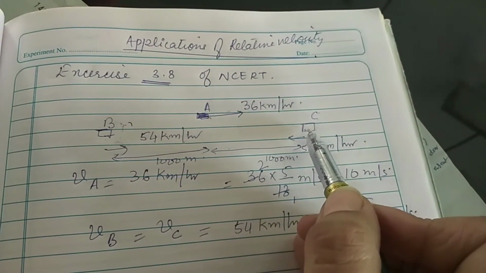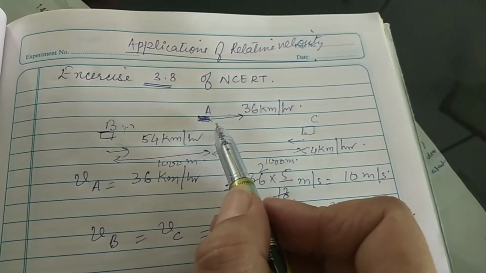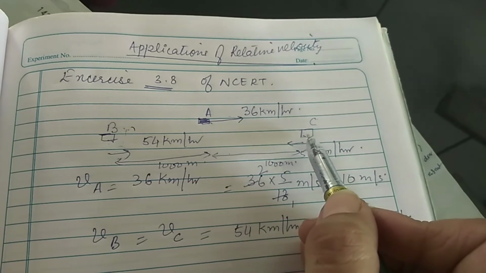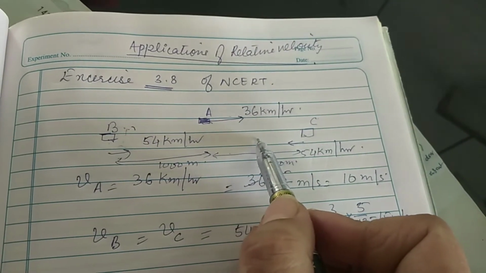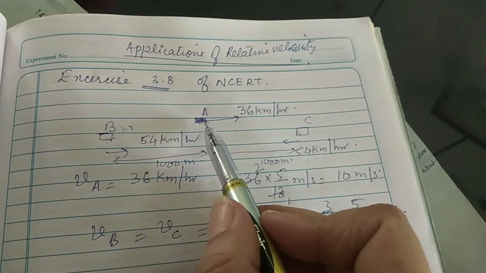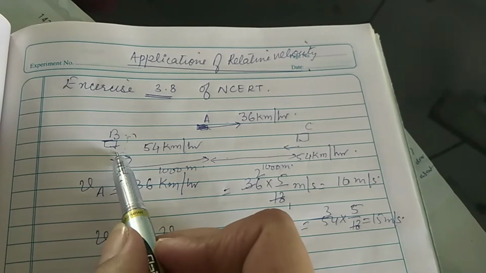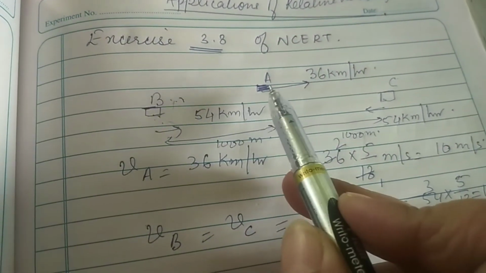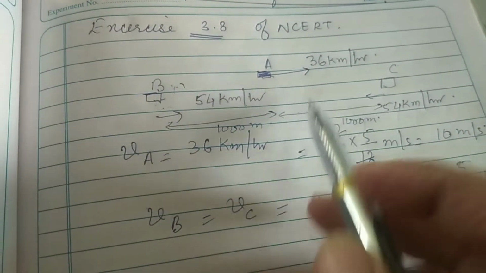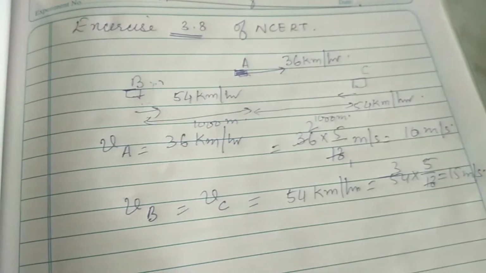So we'll find out in how much time, because car C has not decided anything to overcross first or anything. It will keep moving with the same velocity, that is 15 meter per second. And car A will also keep moving with the same velocity, that is 10 meter per second. Car B has decided to overtake A. Now let us find out in how much time car C is going to overcross car A.